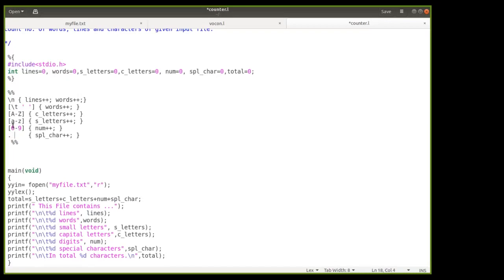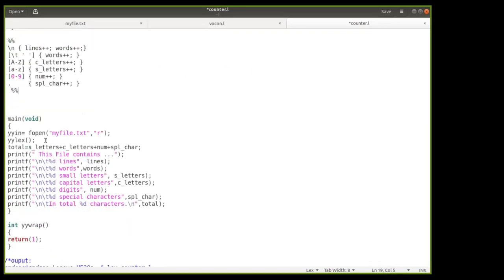So if apart from these capital letters, small letters, digits, words, lines, anything is there, it will get matched with the dot. And if it gets matched with the dot, the action performed is special character plus plus, means your special character variable will get incremented.